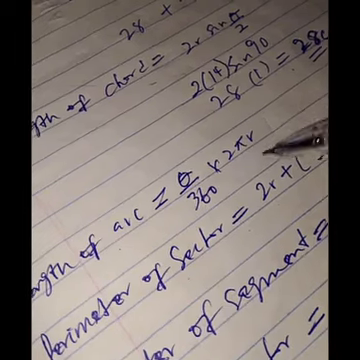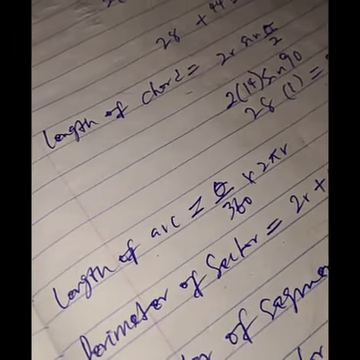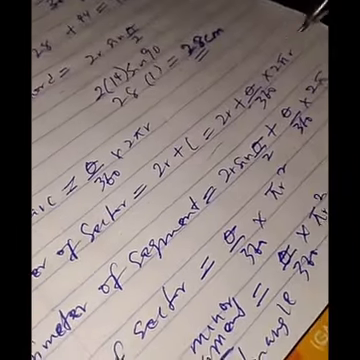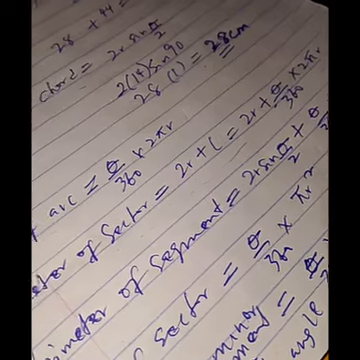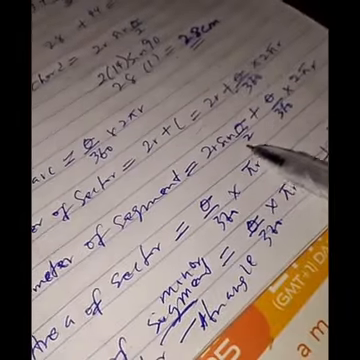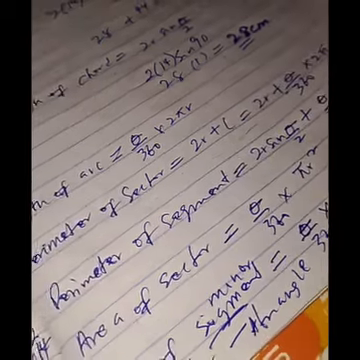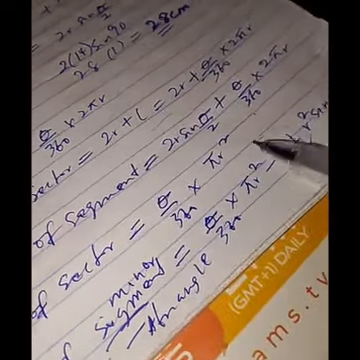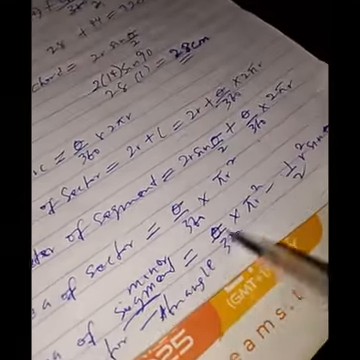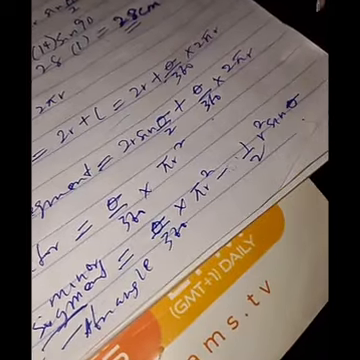So let's just go through it again. Length of an arc, theta over 360 times 2 pi r. Perimeter of sector, 2r plus L, 2r plus theta over 360 times 2 pi r. Perimeter of segment, 2r sine theta over 2 plus theta over 360 times 2 pi r. Area of sector, theta over 360 times pi r square. Area of minor segment, theta over 360 times pi r square minus 1 over 2 r square sine theta. Then we have the area of major. Now, apart from